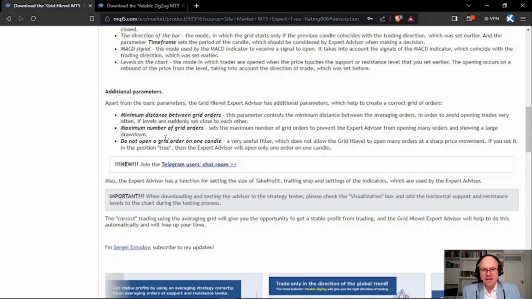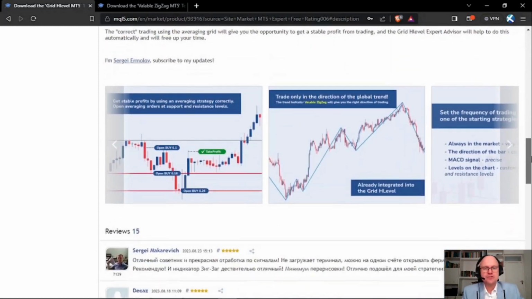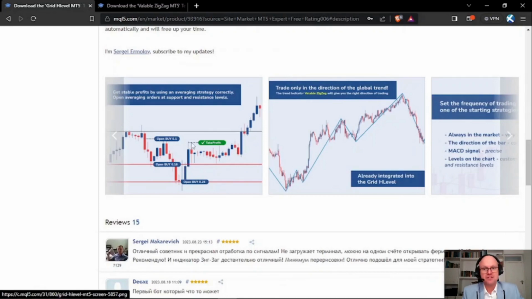Now, what I'd recommend you do is add these different settings and run it on a visual mode. Then on the visual mode, you can specifically see how each of the settings apply to that expert advisor. To understand the correct or recommended way to trade the expert advisor is using it as a semi-automated system